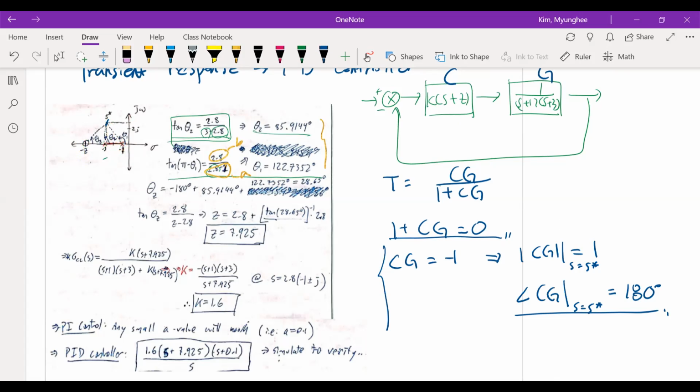Now it will be A over B. It means that Z minus the desired pole location, and then the imaginary part. And the sum of these two poles and this theta Z should be 180 degrees. And to make this, Z should be this value. So you can find out the Z using the angle criterion,